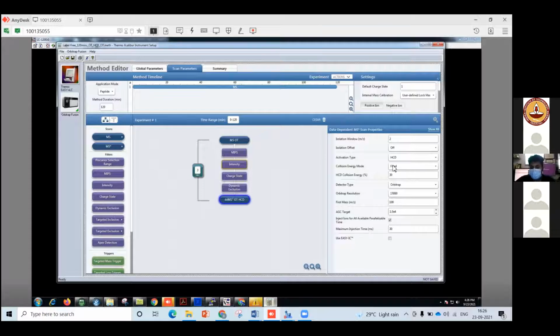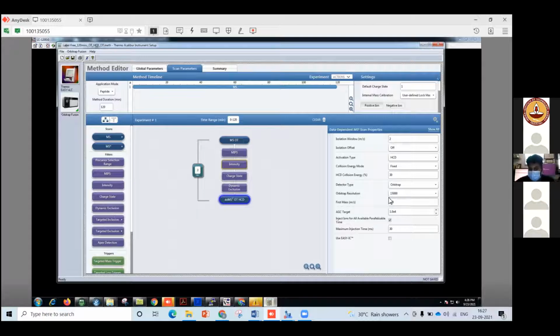So this we are keeping fixed. Generally this particular collision energy changes a lot, and it's more defined when we are going ahead with MRM targeted proteomics, because the collision energy changes from peptide to peptide. Then the detection type is Orbitrap. The selection is present over here because the Orbitrap Fusion has both Orbitrap and ion trap.